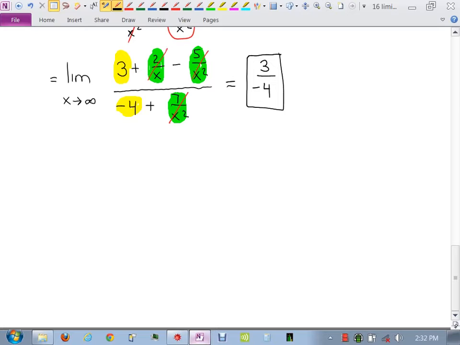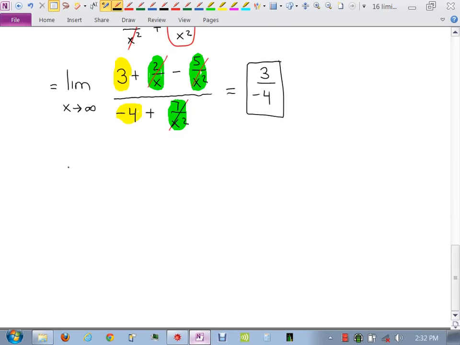How about, I'm going to kind of skip here a little bit. Limit as x goes to infinity of 3x plus 1 over square root